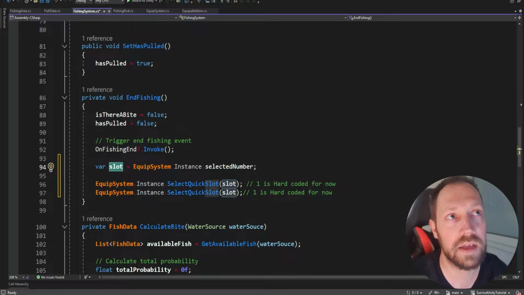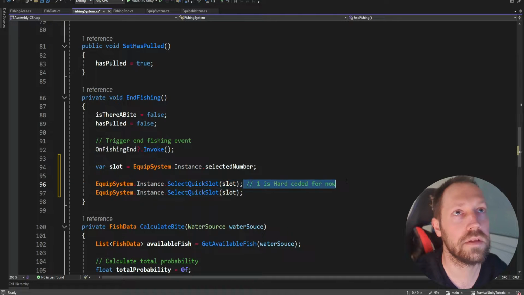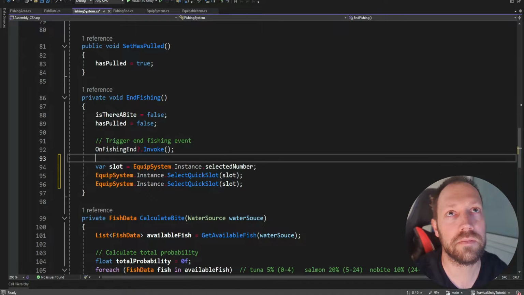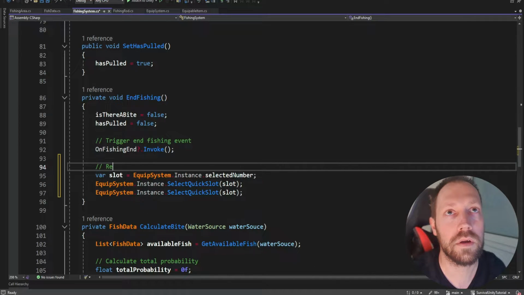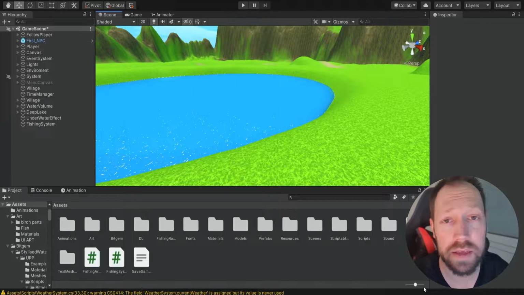So we deselect and then select again, and it will simply do what we want without hard coding it. And let's also make it clear that all of this is for reset the fishing rod model. So now we want to finally start working on the minigame, and that's one of the biggest